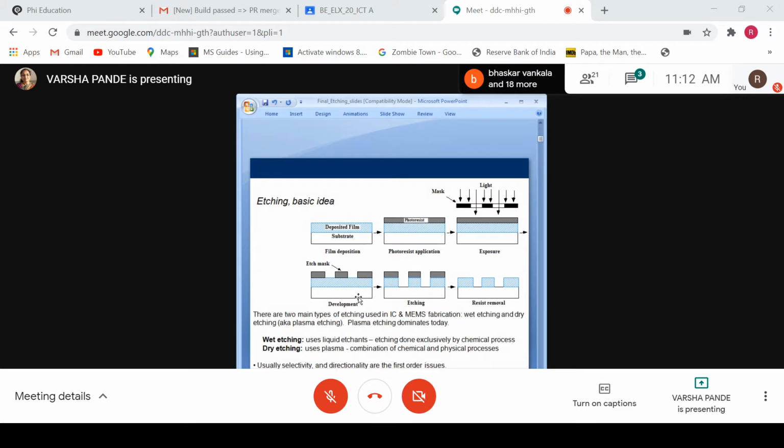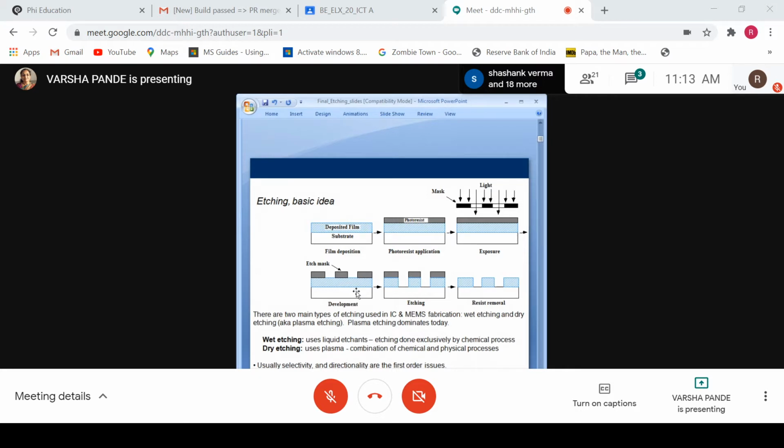Then only the photoresist will be removed. You can see in the development, this window, only the photoresist is removed. See, when we are removing the photoresist, it is called as a development. It is not considered as a etching. Okay. Etching कब बोलेंगे हम? When we applied some or we have deposited some layer, and through that layer we are removing some part, then this is considered as etching.